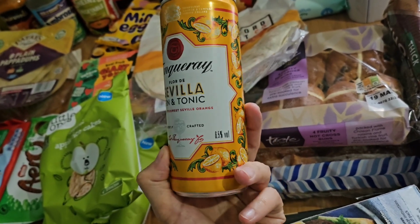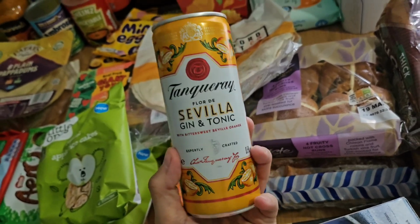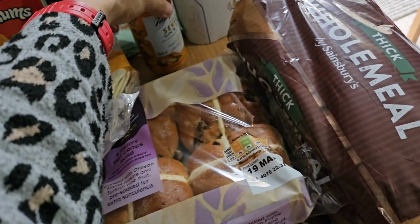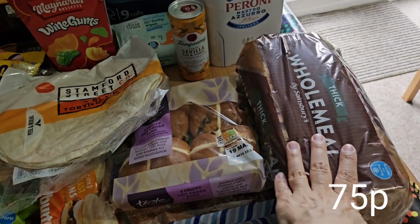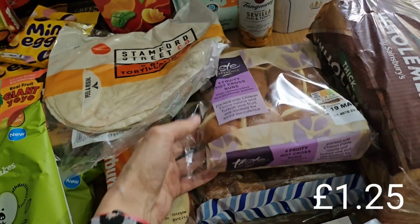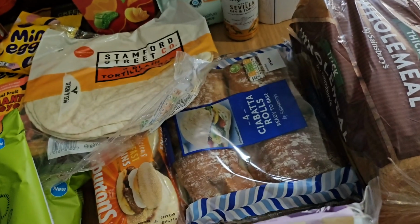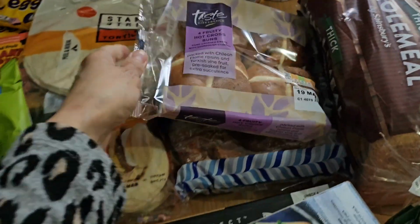So they are a little bit pricey, but I didn't want to buy a bottle of gin because I just won't drink it. So I've got one of those to have with him on his birthday with some ice. And then the bakery bits, I've got just a Sainsburys thick wholemeal bread. I've got a pack of the fruity hot cross buns,